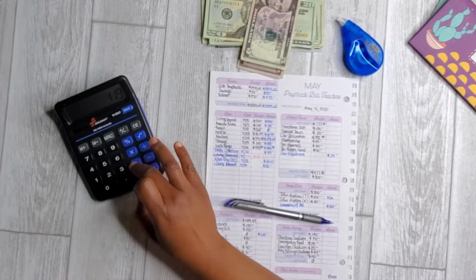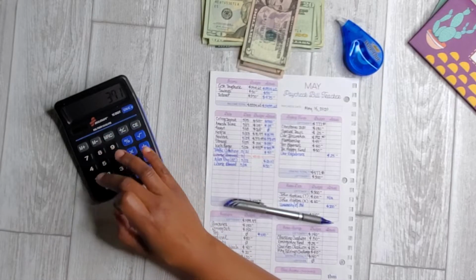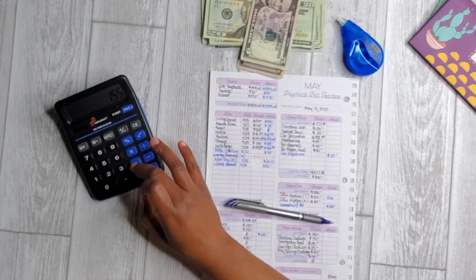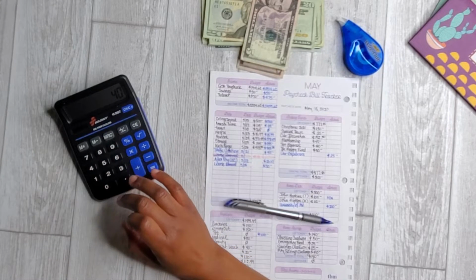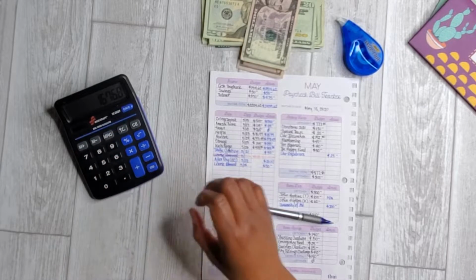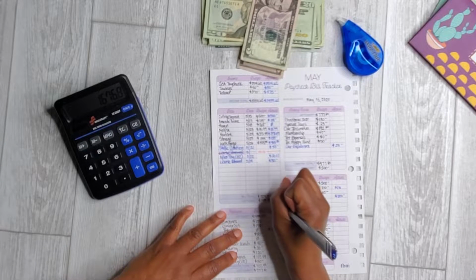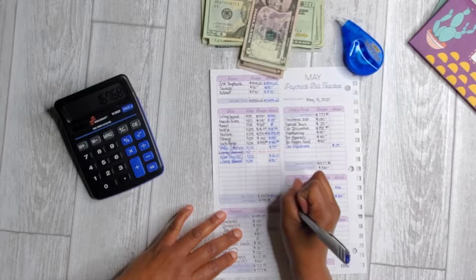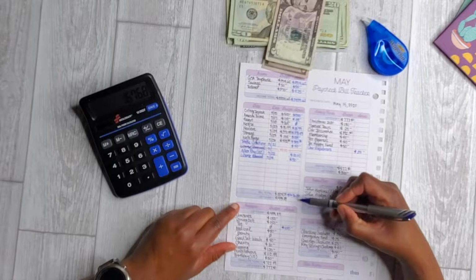500 plus 19 plus 15.99 is 71.49 plus 155 plus 405.25 plus 40 plus 20.07 plus 50. Okay, that gives me a total of $1,676.80. Okay, so now I'm looking for my leftover amount, and the way that I get leftover is by taking